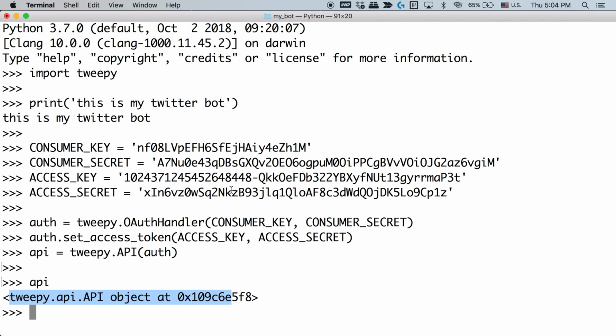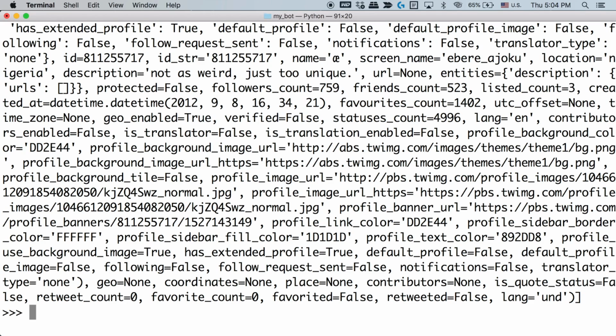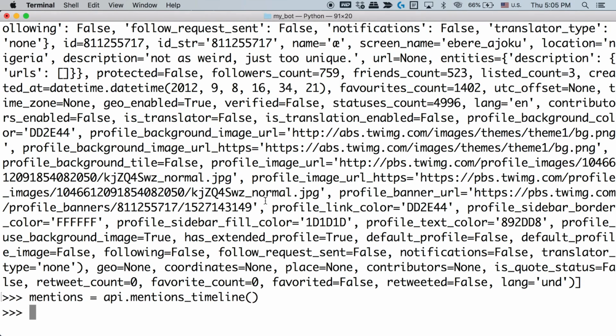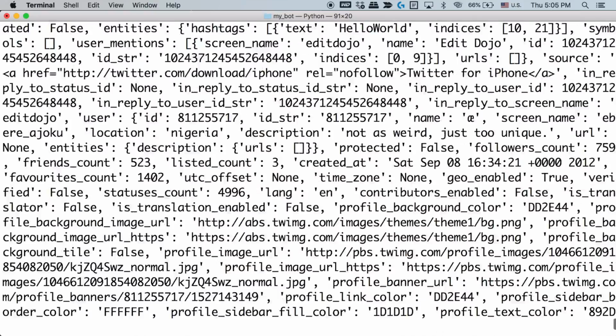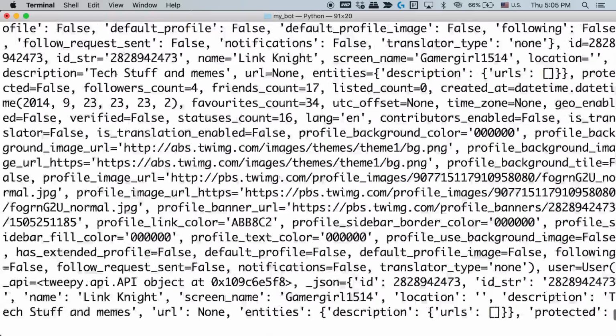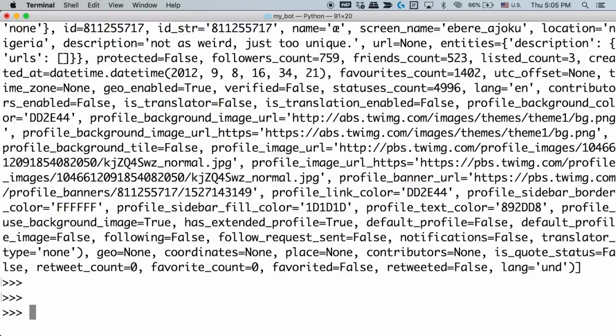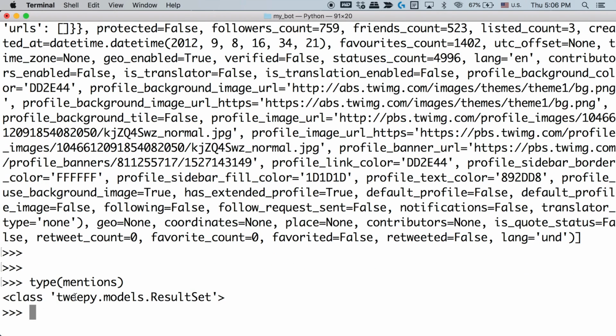So go back to terminal and then try typing in api.mentions_timeline parentheses, and then you should get some kind of results like this. Let's store this in a new variable called mentions. So here, if you just print out the results just by typing in mentions, I think it's really hard to know what's going on because there's a lot of stuff here. So what I would do here is I would just say type mentions to find the type of this result. You'll see that this is this class,